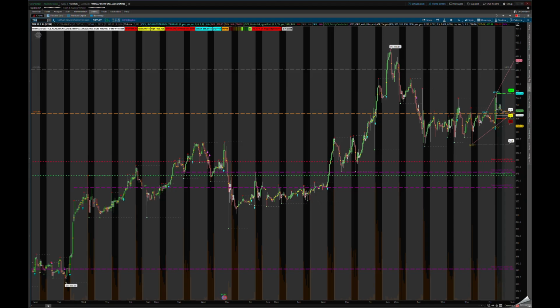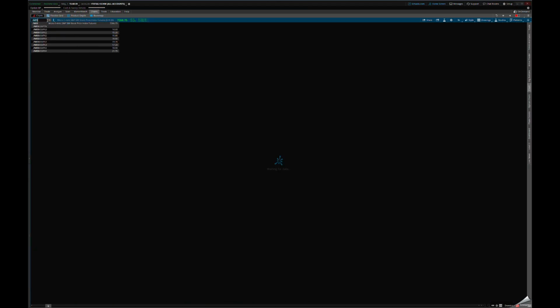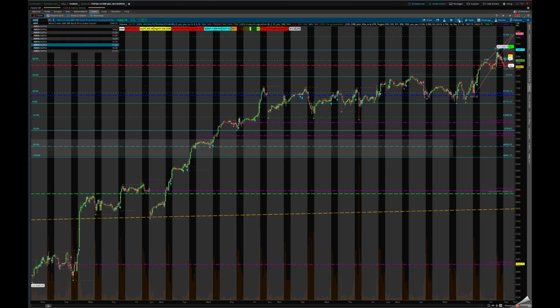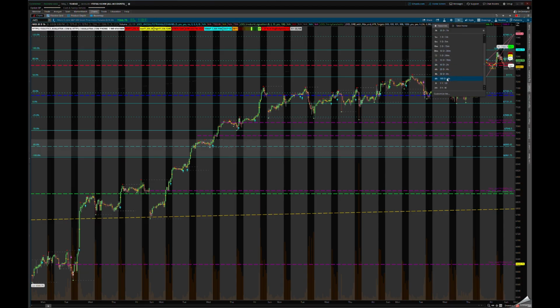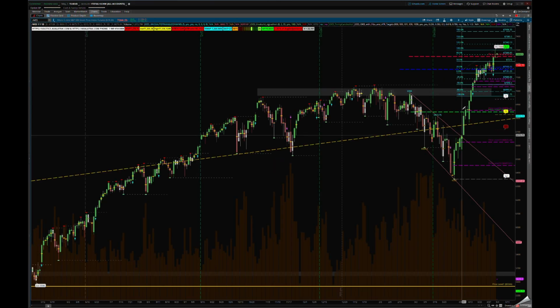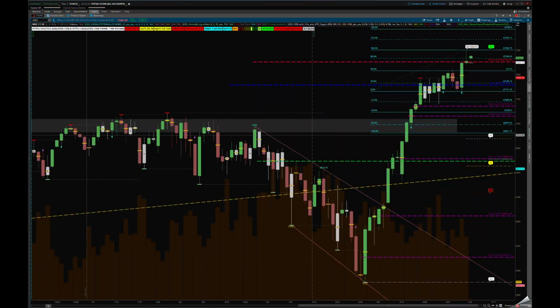Last but not least, once again, let's go to the micro ES, and what we want to do, take a look at it on the daily chart one more time and understand the risk involved. This was the consolidation in the price. That means if we're going to come back here, that's going to be some major work, because not a lot of people are talking about the changes in the trend and what's going on in the Middle East. So you have to pay attention to the earnings, as well as what the Federal Reserve Board is going to do regarding interest rates, because I think they're going to increase it.